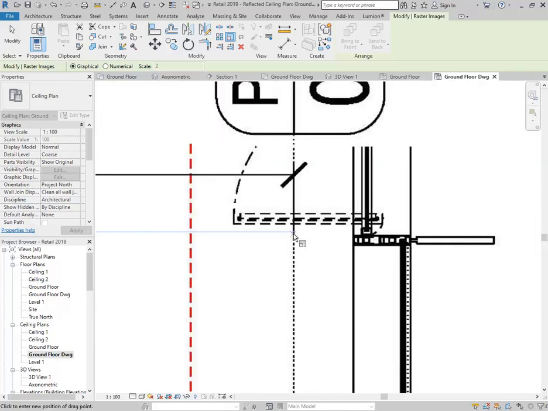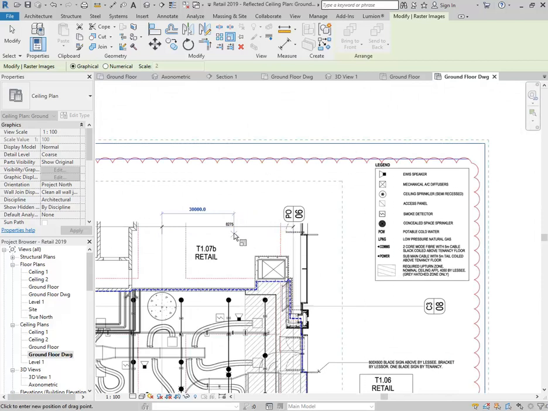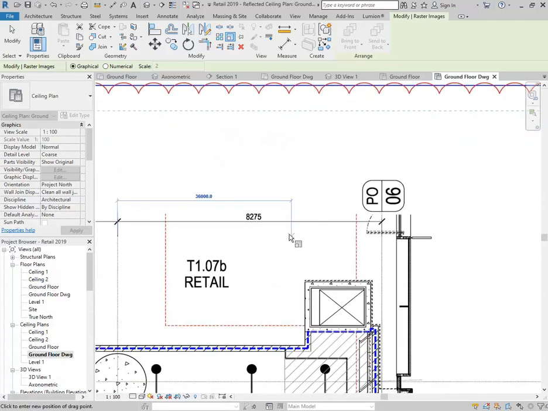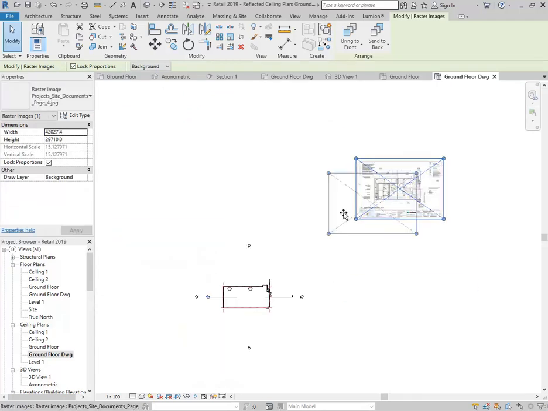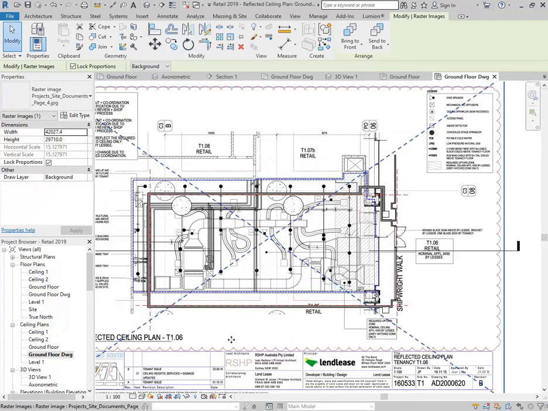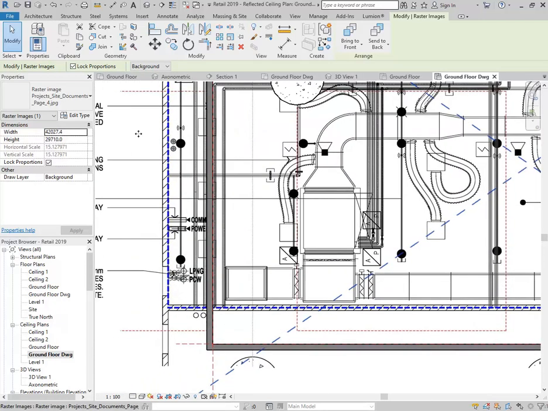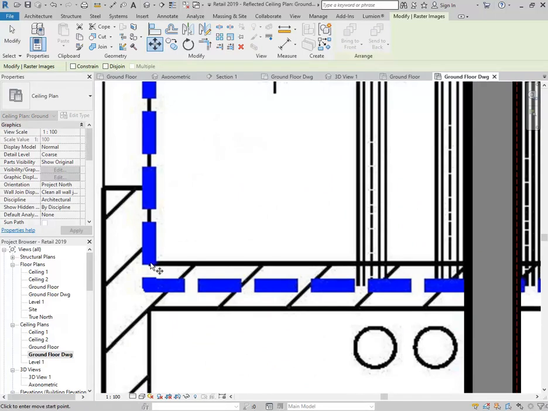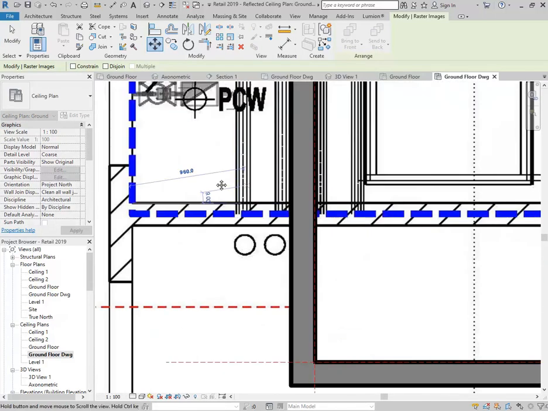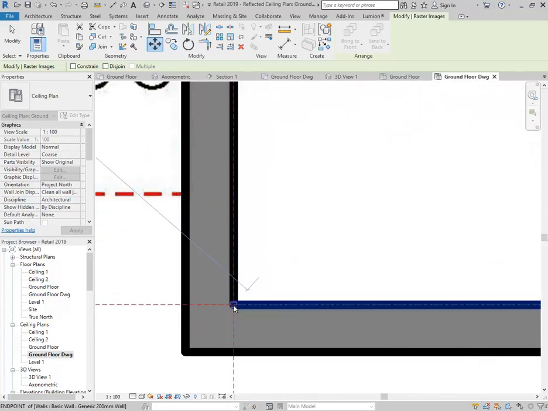Click. That's better. Okay, so then I need to type in that measurement that I've just picked up by clicking: 8275, enter, and of course that's now the right size, but I need to drag it to the right location, and I might use the move tool to pick up a base point right on the corner of that wall there, and go down and click onto the corner